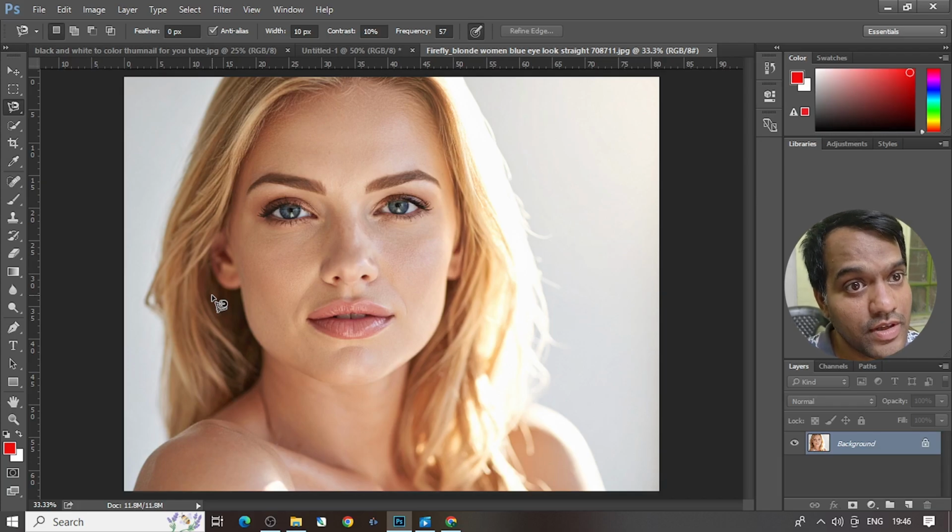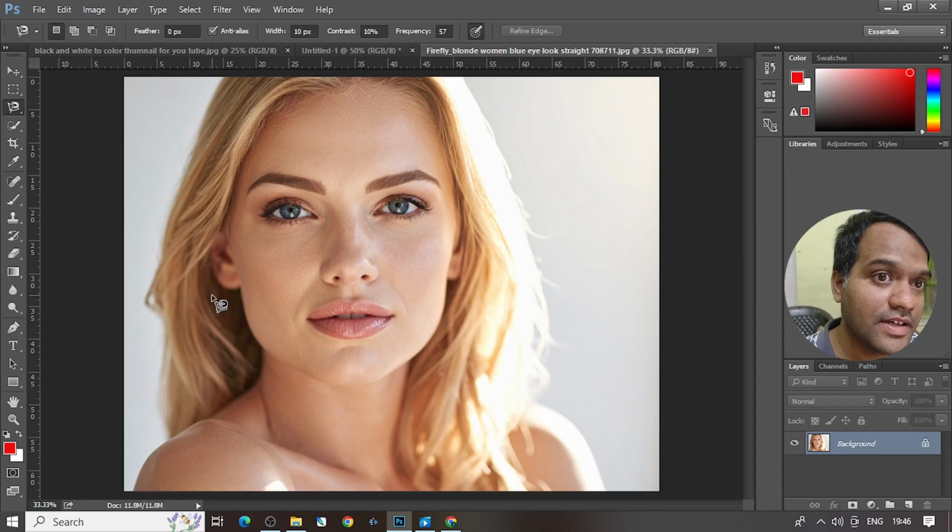I'm going to show you how you can use the selection tool in Photoshop. There are three main tools present in Photoshop which you can use for selection purposes. I'm going to show you one by one. First, I will start with